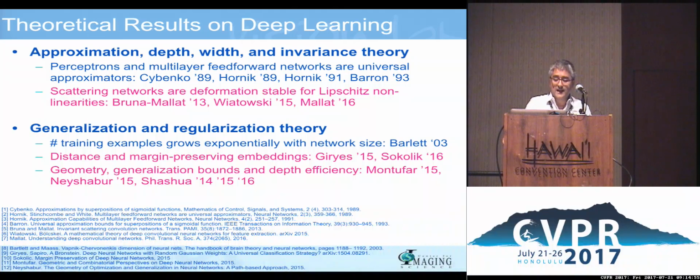The second result that goes back to 2003 is this question of generalization error in regularizers. It was computed back then that the number of training examples needed in order to train a network grows exponentially with the network size. And that is a little bit what I was trying to argue: if we look at the sizes of the databases today, and at the sizes of the networks being trained, it does not make sense by the calculations made back in 2003.